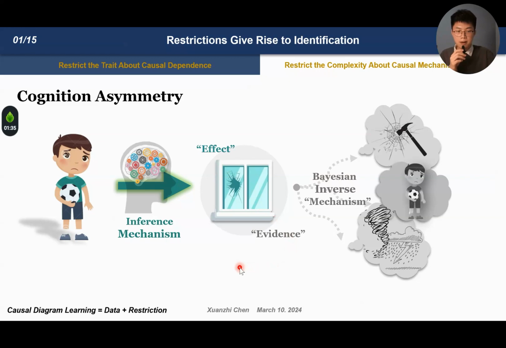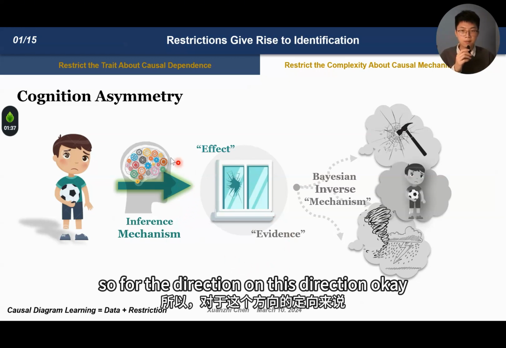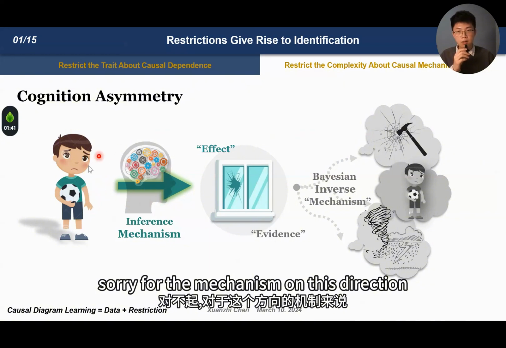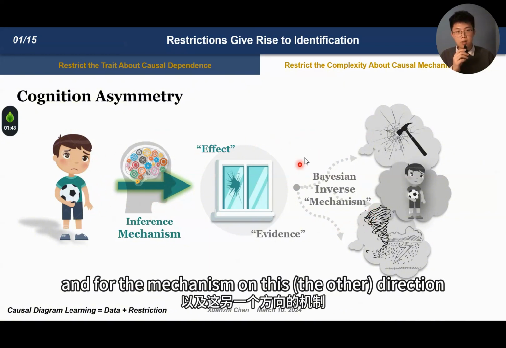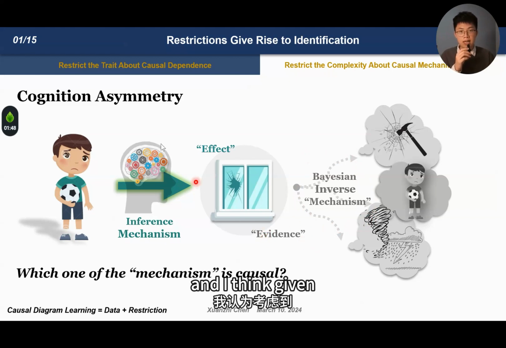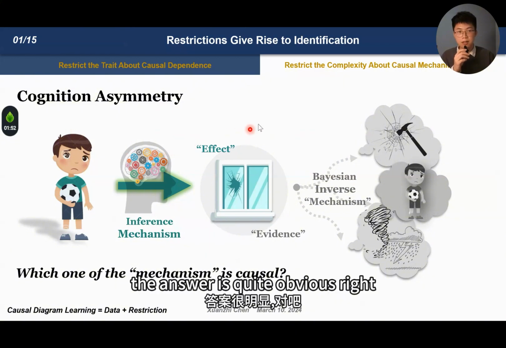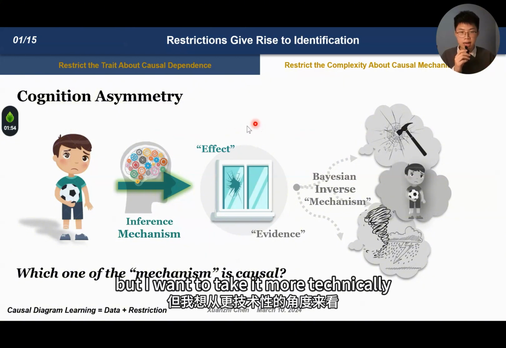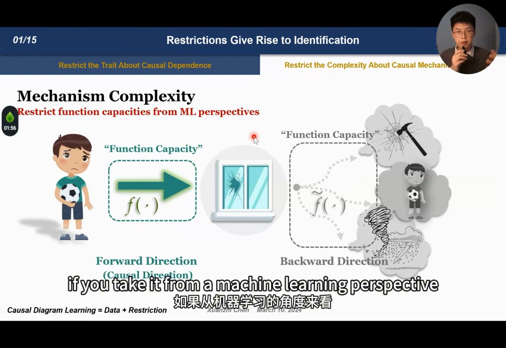So for the mechanism in this direction and for the mechanism in this direction, which one do you think is more causal? And I think, given such a cognitive asymmetry, the answer is quite obvious, right? But I want to take it more technically. That is, if you take it from a machine learning perspective,